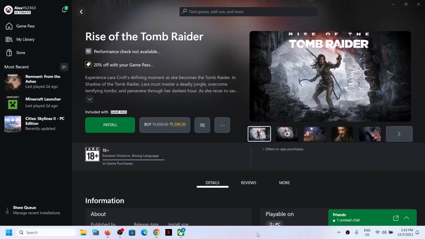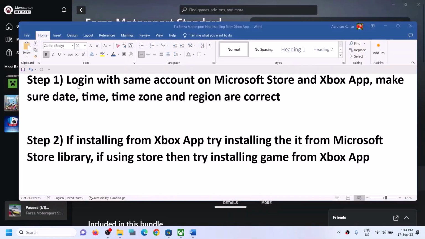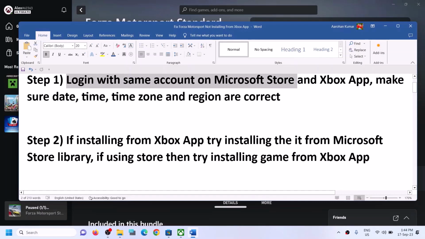Today in this video I'm going to show you how to fix when you're unable to install Rise of the Tomb Raider game from Xbox app, or if you're unable to install it from Microsoft Store, then please follow the steps shown in this video. The first step is to log in with the same account on Microsoft Store and with the same